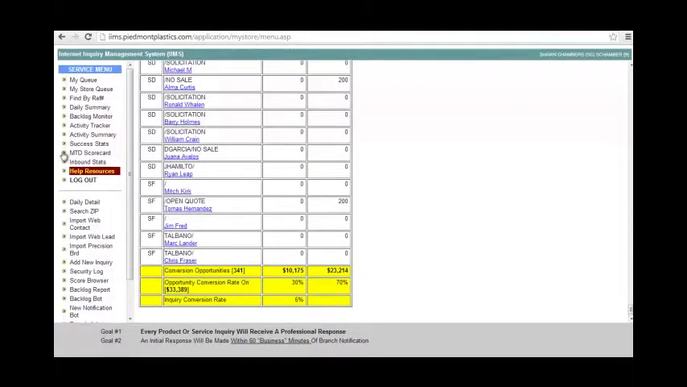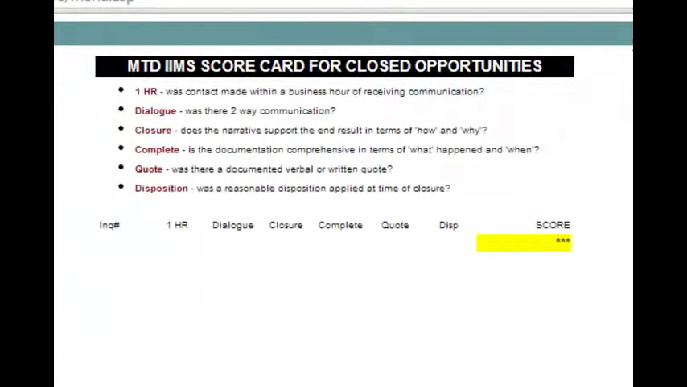So let's look now at the month-to-date scorecard. This is a tool that, if we're diligent in the back end of scoring each of the inquiries as they come in, then you'll get a sense of where each branch is strong in terms of, are they responding within an hour? Was there actual dialogue